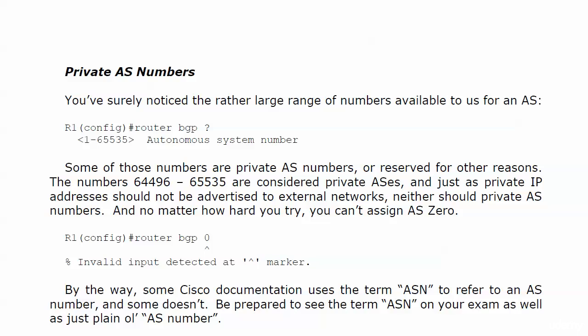We're going to talk about these private AS numbers for a few minutes before we head to the BGP RID labs. And I'm sure you've noticed the rather large range of numbers available to us for an autonomous system, 1 through 65,535. Some of these are considered private AS numbers, and while you can use them and the router won't scream at you, hey, don't do that, you don't want to advertise any AS in the range 64,496 through 65,535